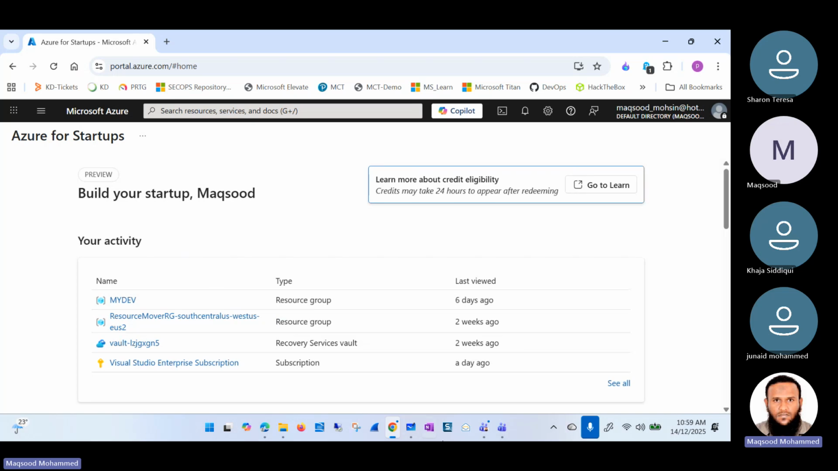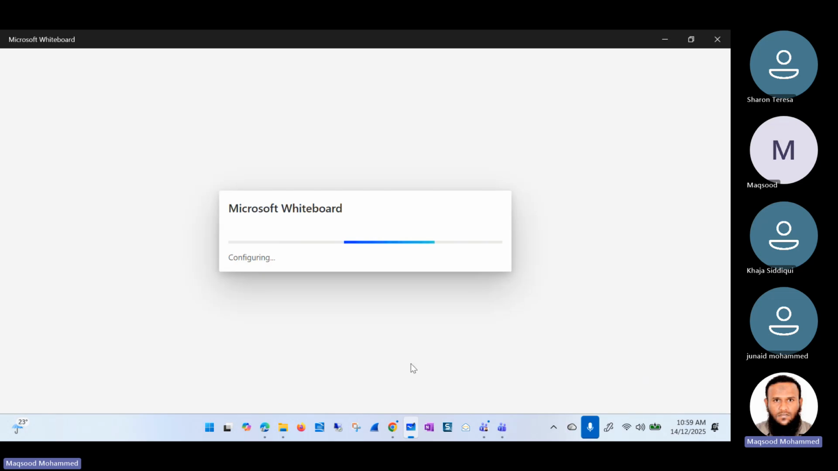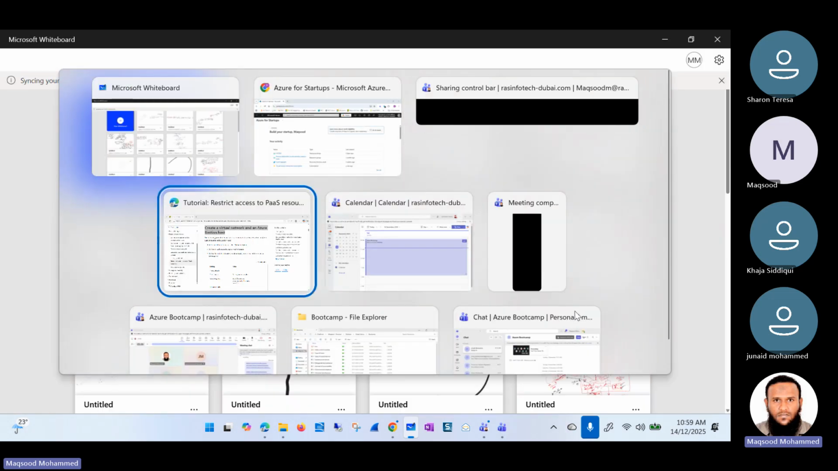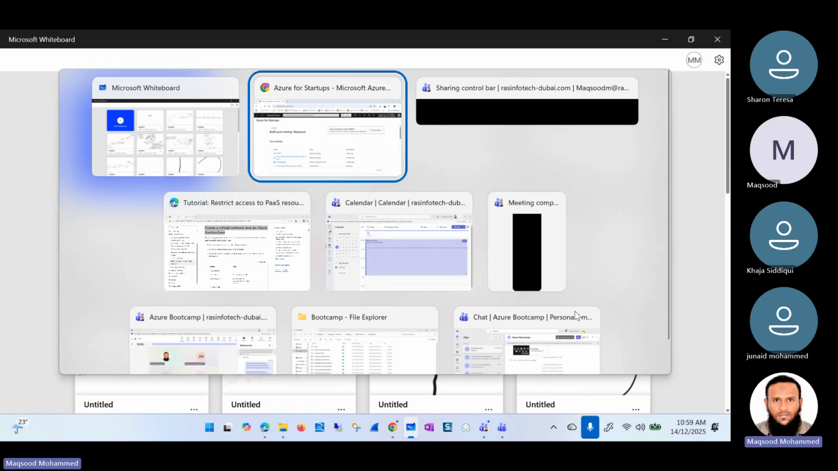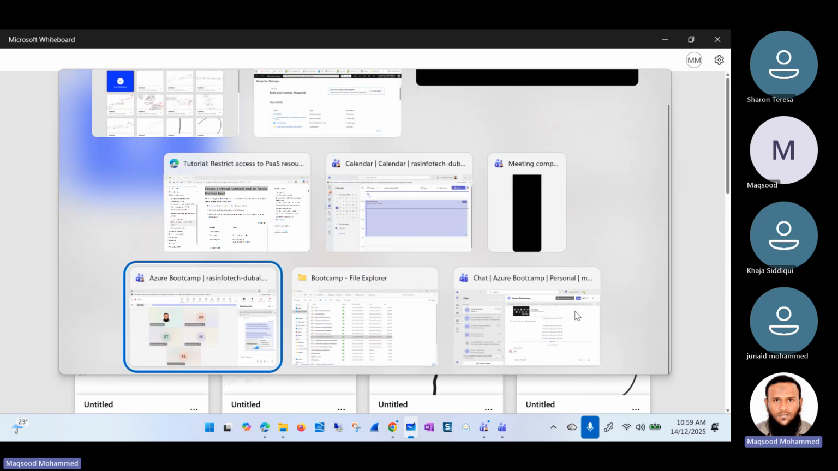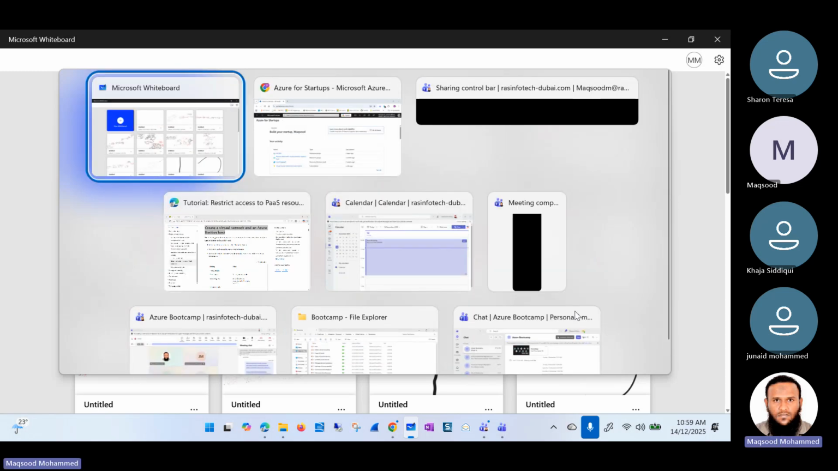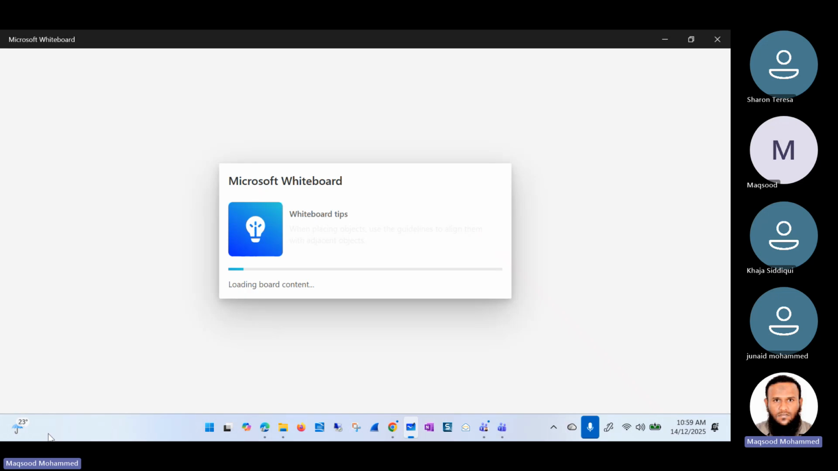So along with the lab step-by-step procedure, we'll also draw on the whiteboard to see how we're building this lab and building the different components for it. For example, we're starting with